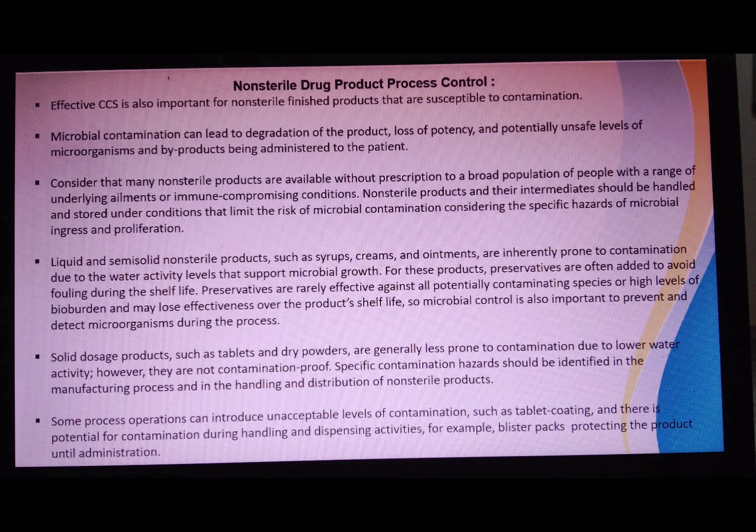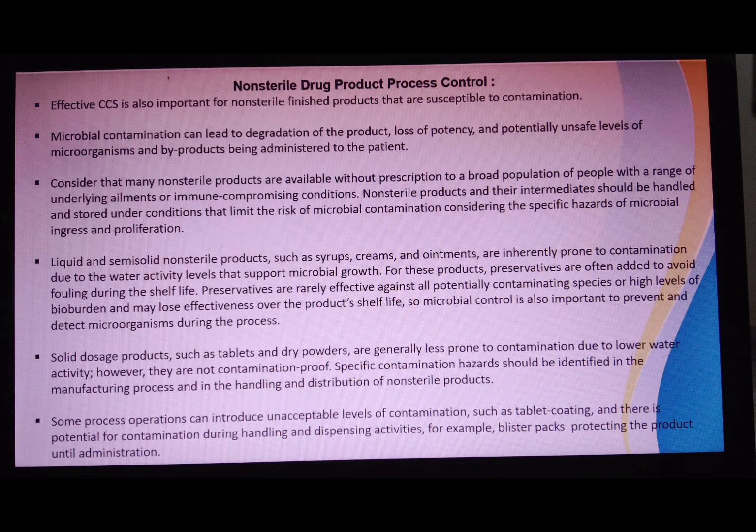Our liquid and semi-solid non-sterile products such as syrups, creams, ointments are inherently prone to contamination. It is because of the water activity level, which supports microbial growth. For these products, preservatives are often added to avoid spoilage during the shelf life. Preservatives are rarely effective against all the potential contaminating species or high levels of bioburden, and may lose effectiveness over the product shelf life. So microbial control is also important to prevent and detect